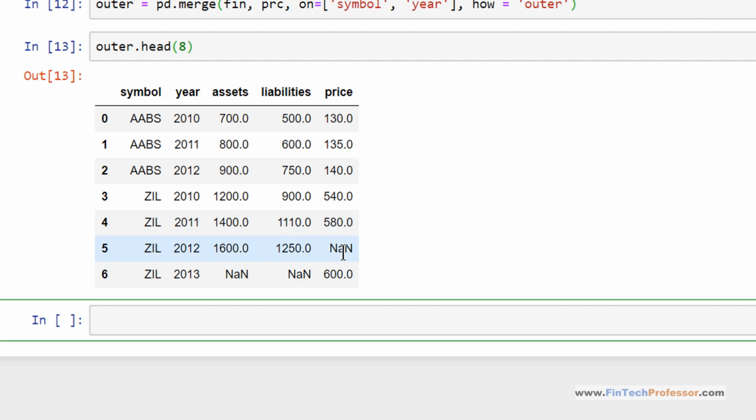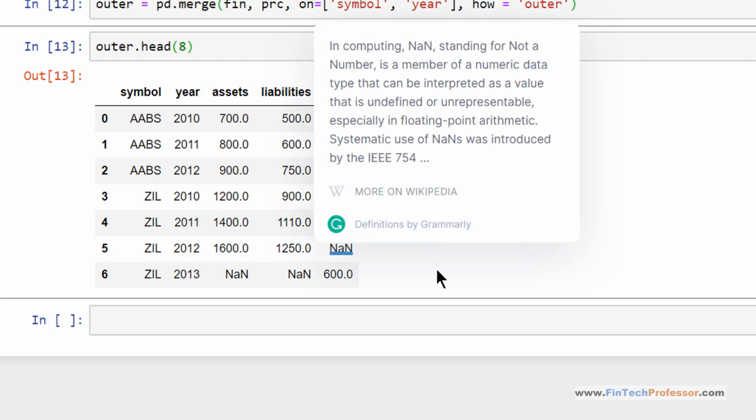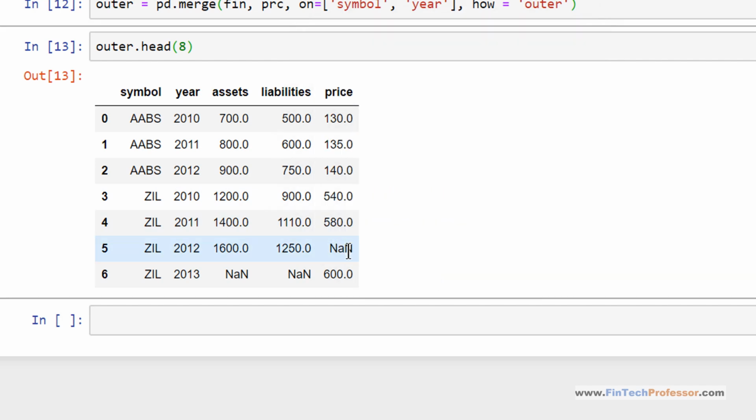So in the share prices column, we have NaN that shows that it is not a number. Similarly, the 2013 entry was present in the share prices data, but it was not available in the financial data. So we have two NaN entries for the assets and liabilities. This is the case of outer merge.